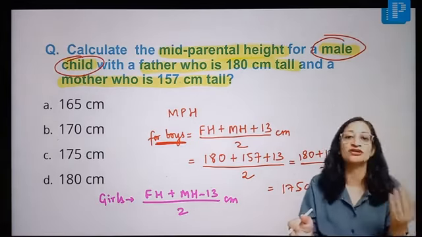In secondary dentition, what is the first tooth to erupt? Yes, anyone? Secondary dentition, the first tooth to erupt is the first molar, right? Which is the last tooth to erupt in primary dentition? So it is the second molar. While the last tooth to erupt in secondary dentition or permanent teeth, it is the third molar.